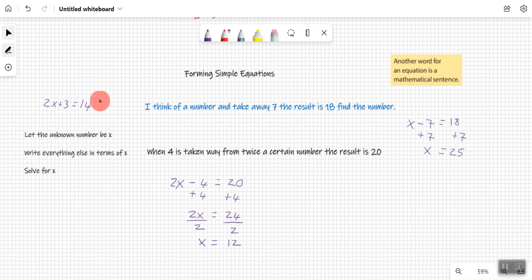Okay, so that is what's known as forming simple equations. It's taking a mathematical sentence like this sentence here and turning it into a simple equation. So again, you need to be comfortable with being able to do that in first year maths. Okay,